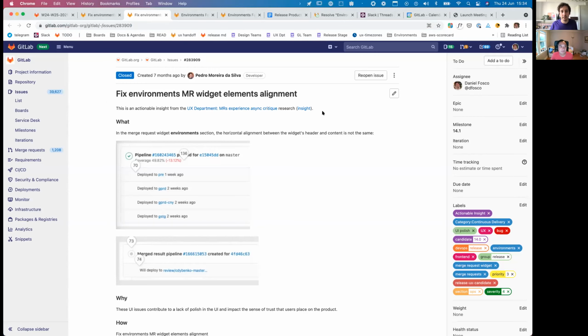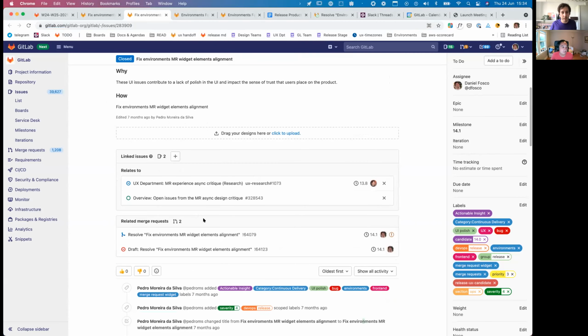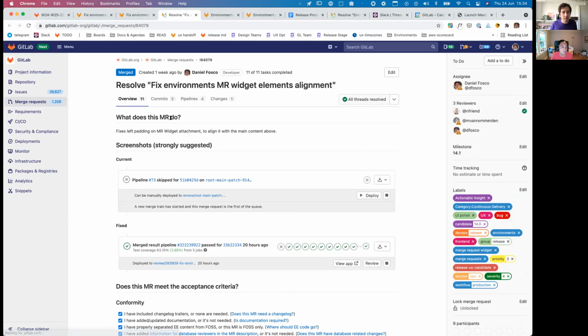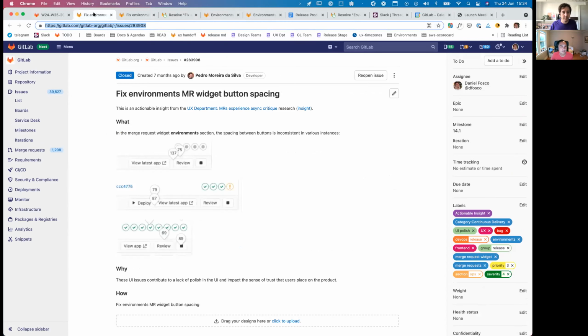So essentially what I did is I created the merge requests from the issues. And then here on the merge request, if you go to the code, there's a button to open it in Gitpod. And these were small things, like here you can see the environments widget is poorly aligned with this text, so that was fixed. And here, there was a misalignment between the buttons. It's tiny things, but it's UI polish, and it was listed as